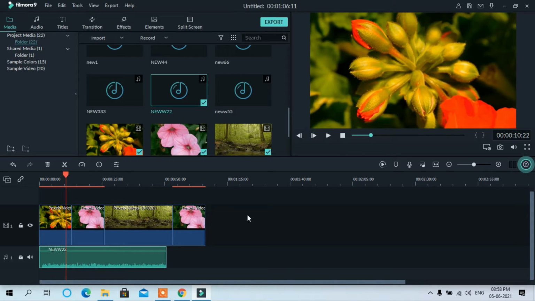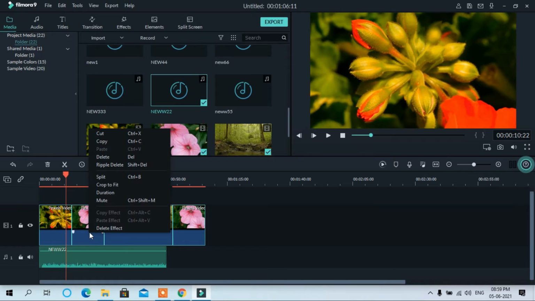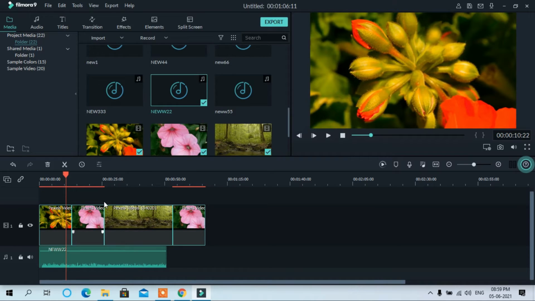If you want to mute the audio of these clips and you want to add new audio, suppose I have added here a new audio, and you want to mute the audio of these clips at the same time, you have to first select all the clips, right click on it and mute.